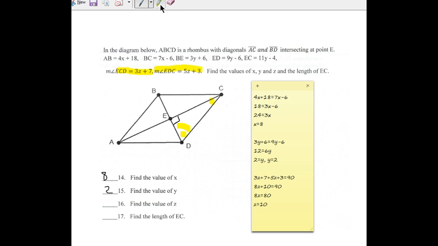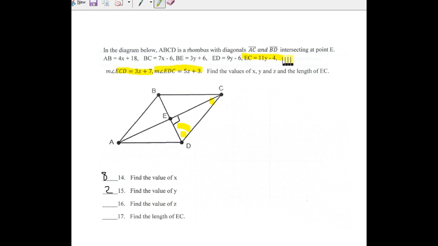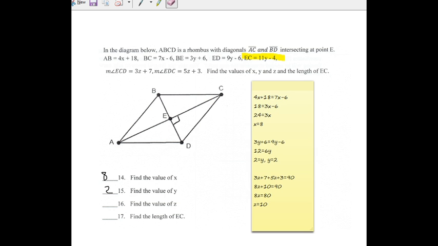Well, EC is given right here. Alright, let's get rid of these other things. All you have to do here is substitute. So I'm going to bring this back because I like it that well. And we're going to say that EC is 11y minus 4. And so now we're going to go ahead and substitute in instead of y. We'll find the value of y, which we put in is 2, and then subtract 4. From here, yep, you have it. You've got